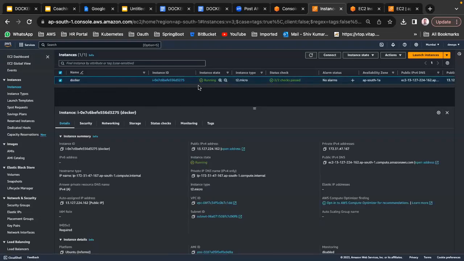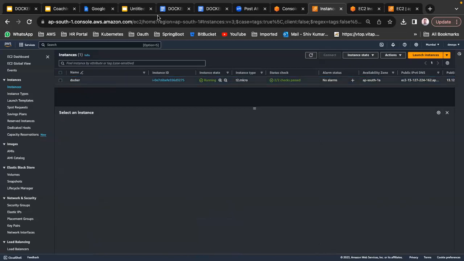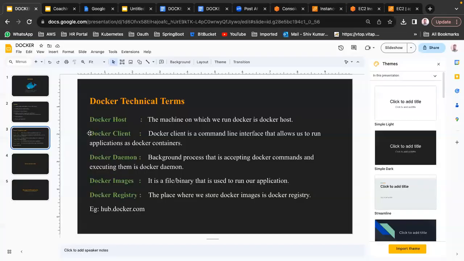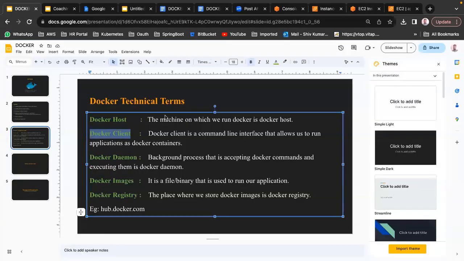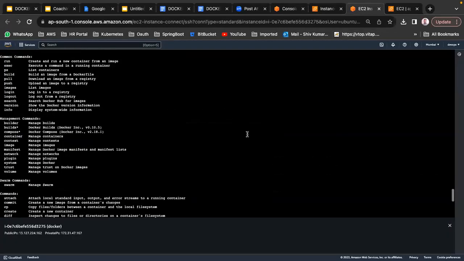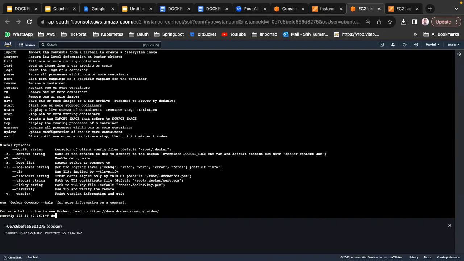This is called Docker host. The server on which Docker is installed is called Docker host. Just remember that. Then, what is Docker client? Within the server, this has been